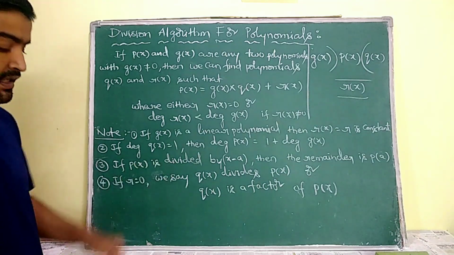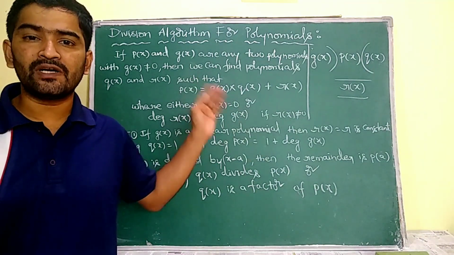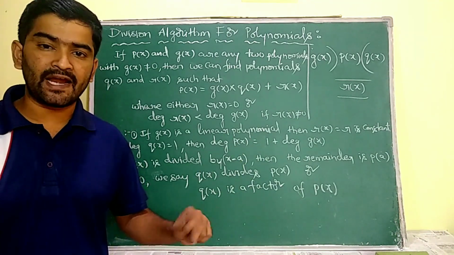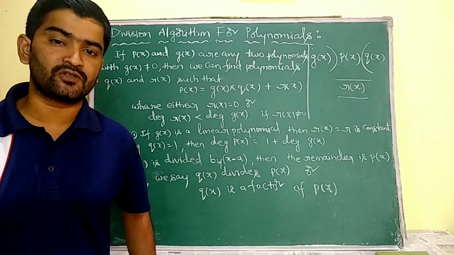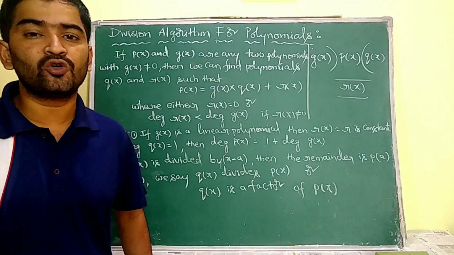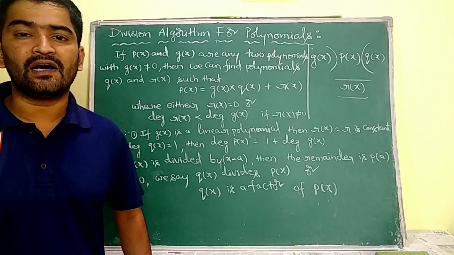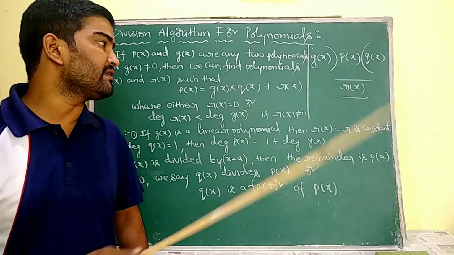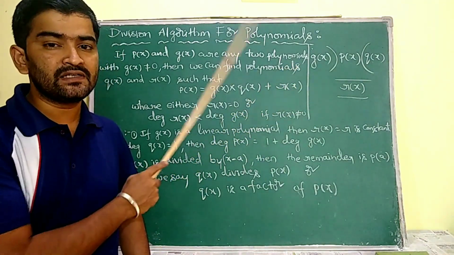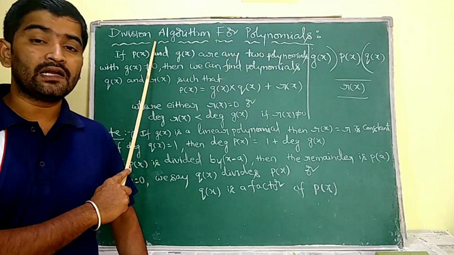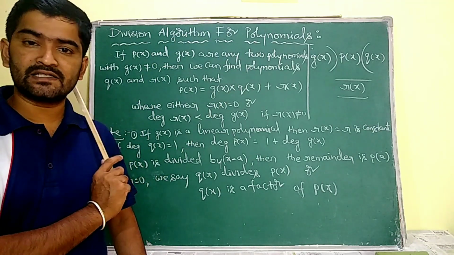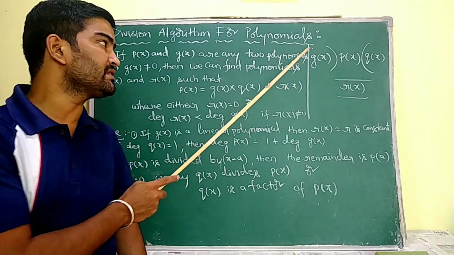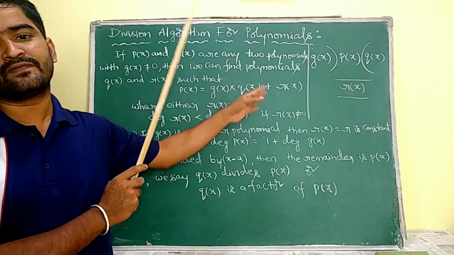Now it is similar to the Euclid division algorithm. In that Euclid division algorithm, for the given integers a and b, there exists a unique pair of integers q and r such that a is equal to bq plus r, where r is in between 0 and b minus 1. Understand? So that is why here we are going to discuss the algorithm for polynomials. There we discussed that algorithm for numbers, that means for real numbers. Here we are going to discuss that algorithm for polynomials.